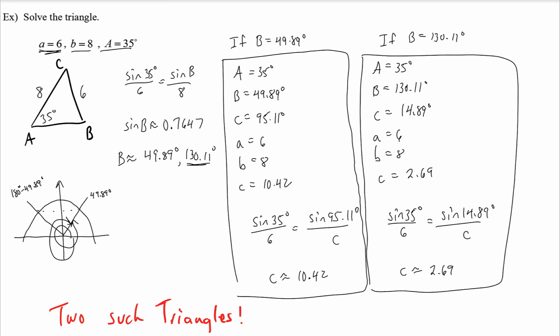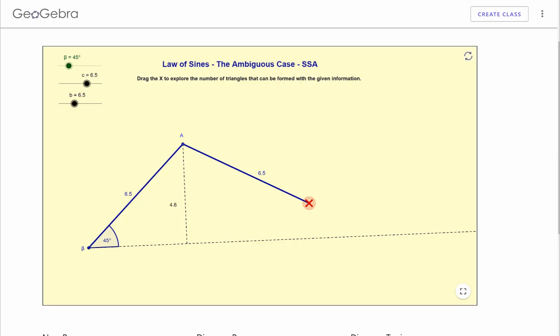Okay, last thing before we wrap this up is I'll try to give a quick explanation as to why this happens, why sometimes you don't have any such triangle, why sometimes you have one triangle, and why sometimes you actually have two triangles for this ambiguous case. So let's take a look at this diagram here. So if you look closely,